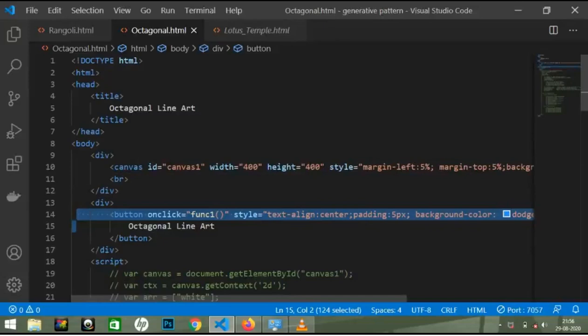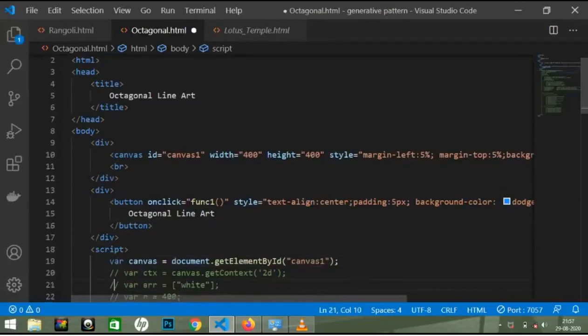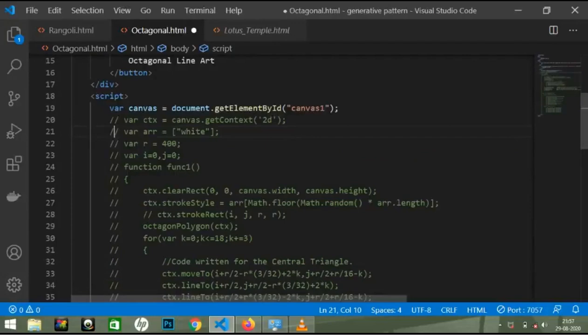Moving down toward the script tag, I have declared a canvas object using the ID defined above, a context object of 2D type, an array with colors used for the stroke of the images, a variable R to define the size of the motif, and the variables i and j are also declared here globally so that their values can be used in both the functions below.